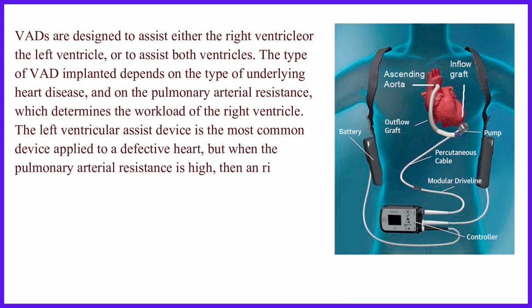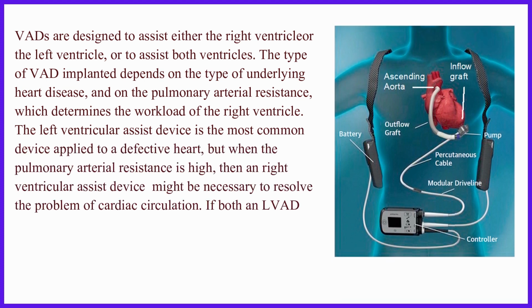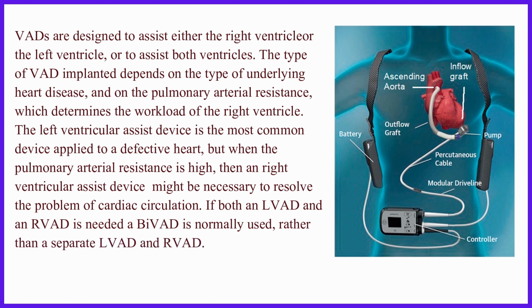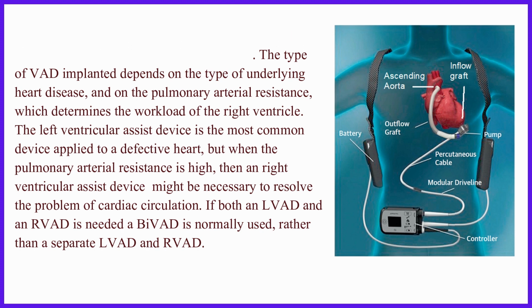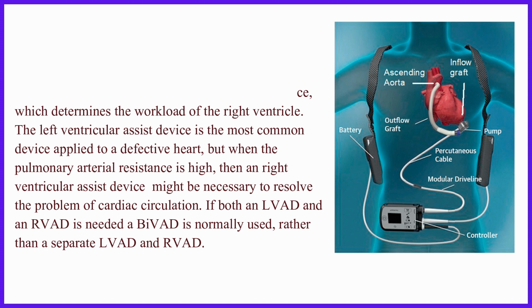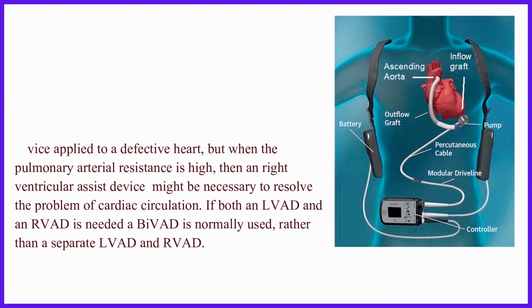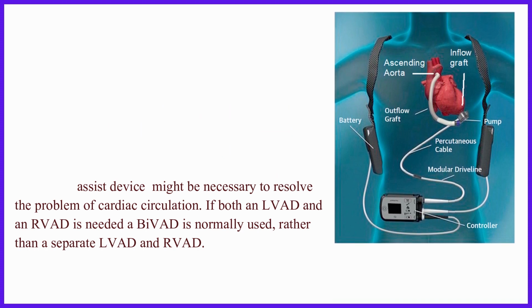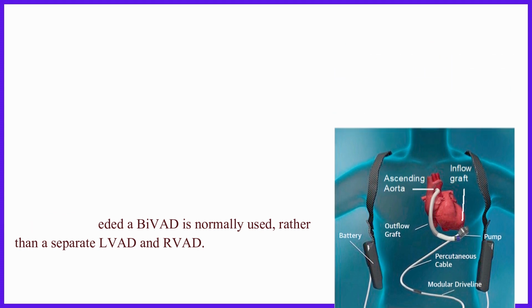The type of VAD implanted depends on the type of underlying heart disease, and on the pulmonary arterial resistance, which determines the workload of the right ventricle. The left ventricular assist device is the most common device applied to a defective heart, but when the pulmonary arterial resistance is high, then a right ventricular assist device might be necessary to resolve the problem of cardiac circulation. If both an LVAD and an RVAD are needed, a BiVAD is normally used, rather than a separate LVAD and